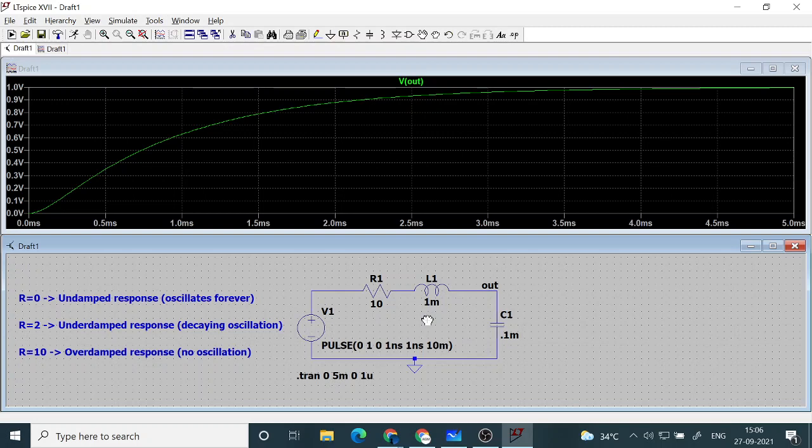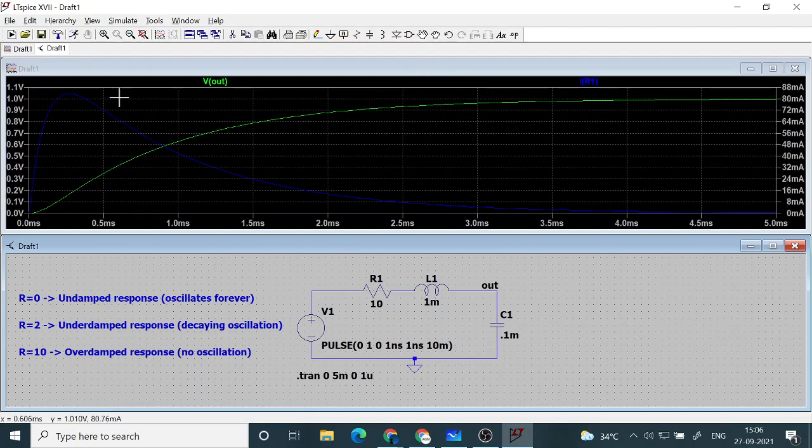In case of dissipation of energy, if all the energy is being lost by the resistor, then how about the current flowing through the inductor and capacitor? The current will stop. So you can see that current was only there for a short time. That is only during the consumption or dissipation of energy. If you look here, I run it again and measure the current, you can see that the current is dying out.